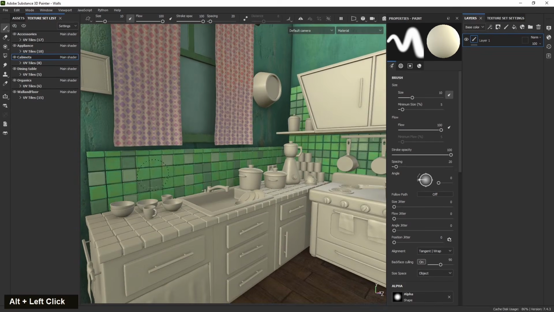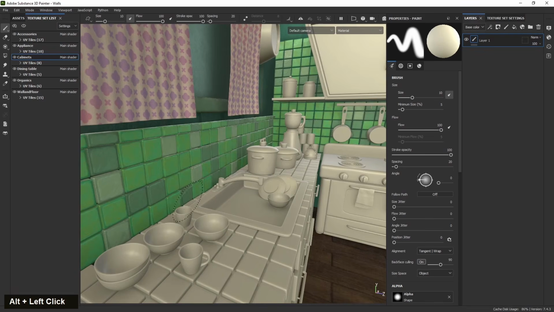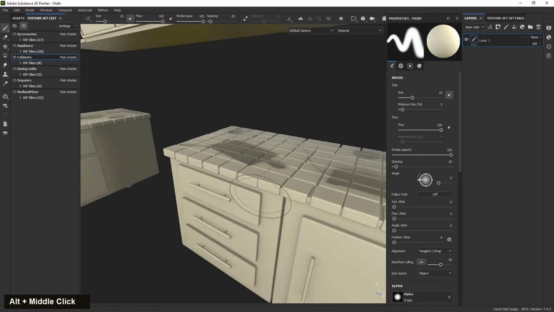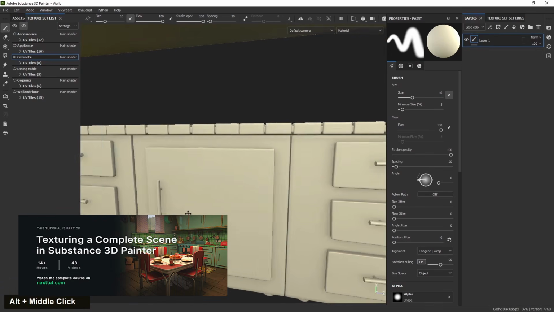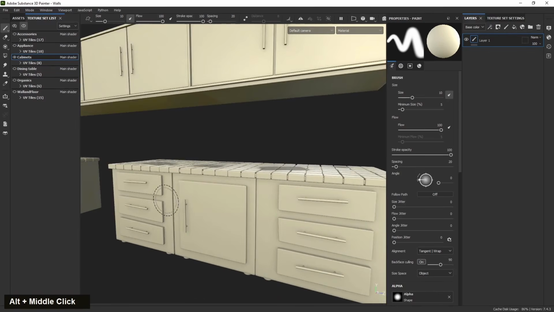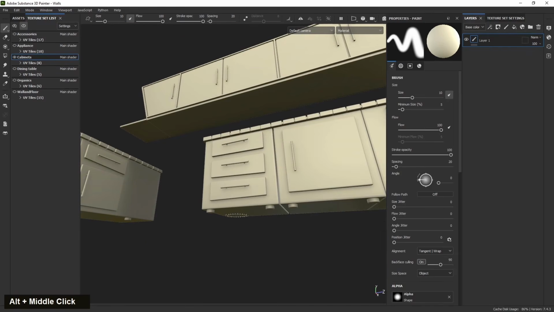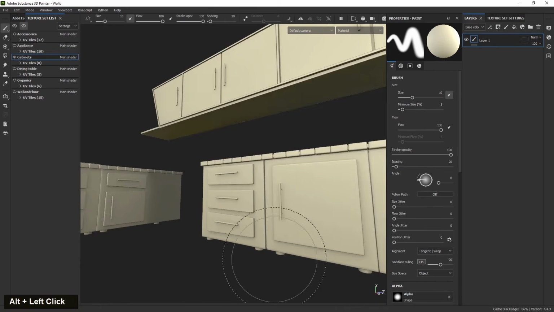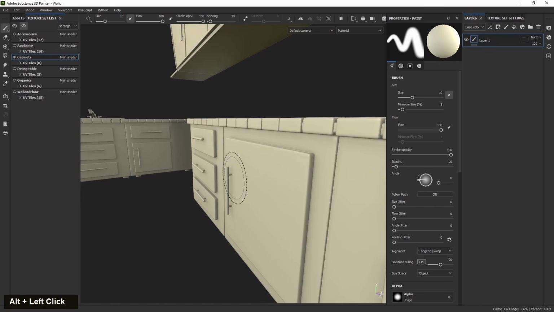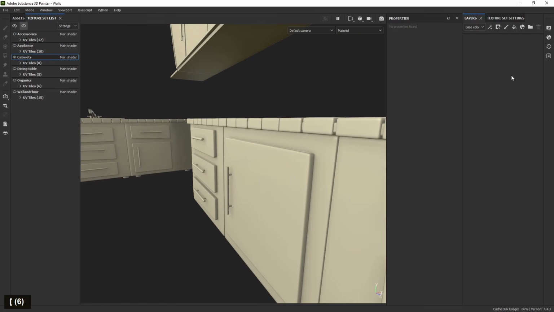So I'm going to copy the material from tiles, but for the cabinets we need to make some woods and paint on top and a little bit of damage, and also some plastic for the fittings, and also the metal for handles. So let's delete this base paint layer, default paint layer, and